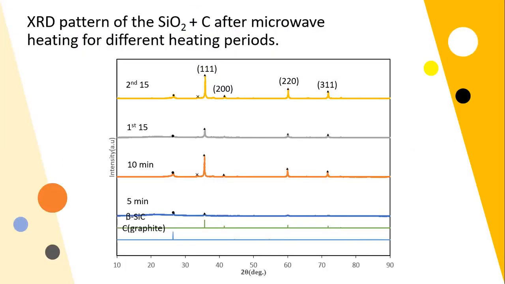In the first sample of mixing silicon oxide with graphite that was heated for 15 minutes, there is a decrease in the peak of beta SiC. For this result, we show that it is because there was unmixed powder when we shook it, or the more we shake it manually by hand, the less we can get constant mixing.